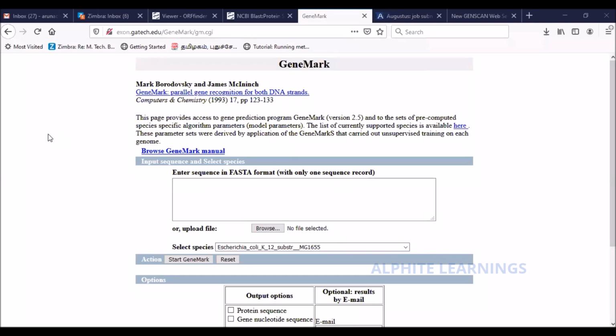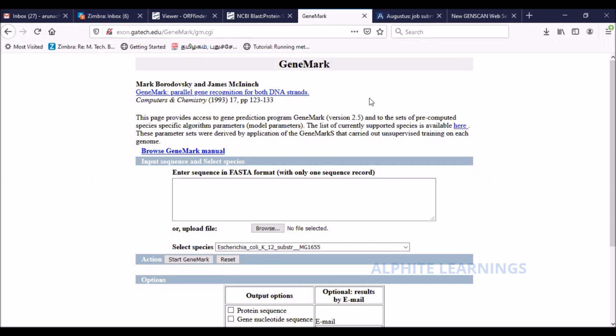Good. So now you see, the earlier program was to predict the ORF. So the input is the nucleotide sequence, the output is a protein sequence. But in ORF prediction, we assume that we already know that it is a gene sequence. We only wanted to know what protein it codes for.